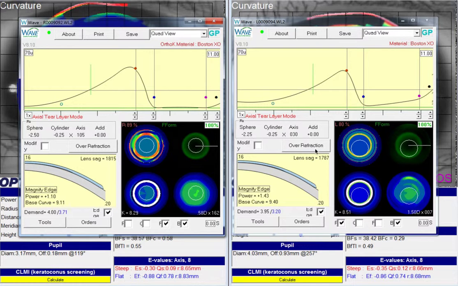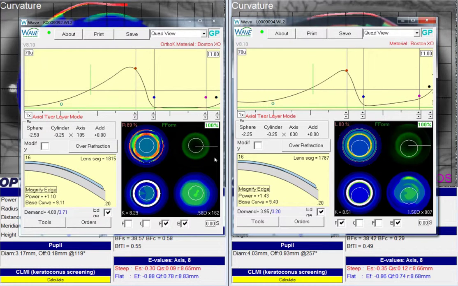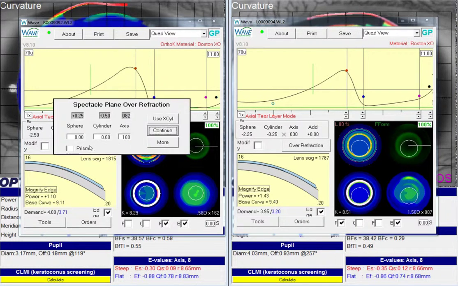eye. If we look at the over-refraction box, Wave predicts a diopter of against the rule cylinder with the lens on. So that could explain why the patient doesn't see very well with the lens on. In the right eye, there's not quite as much corneal toricity, and so Wave only expects a half diopter with the lens on. So this would be with the lens on, or if we were to mold out 100% of